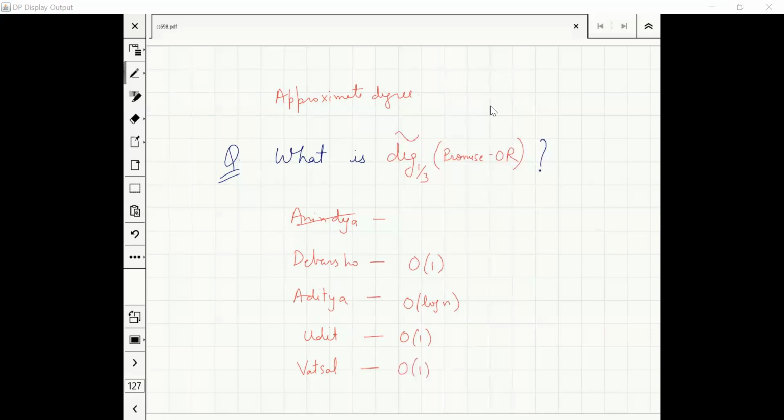Okay. So this was a trick question because I will show that the question is not well defined. And I will tell you two ways to define this question. And you will see that in one way, it will become constant. In another way, it will remain root n. But the important part is this question is not well defined. Nobody thought of that, right?